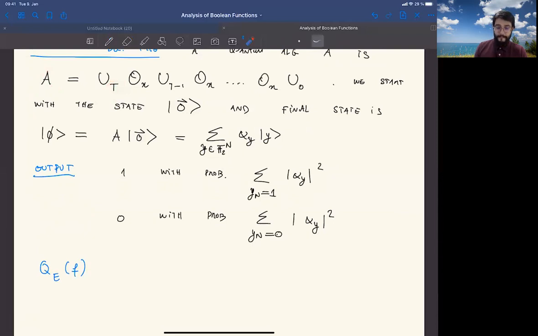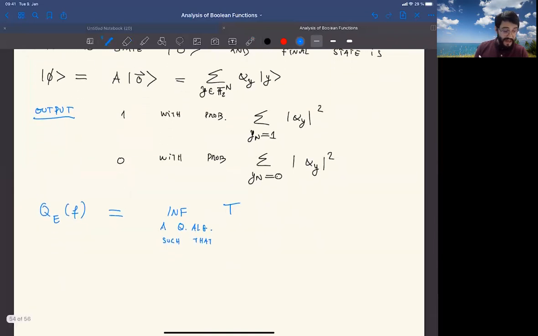So that T here would be associated with the A. So I'm going to do the infimum of the T of A. Okay, so it depends on the algorithm, over all the quantum algorithms A, such that it computes f exactly with probability 1, which means the sum of alpha y